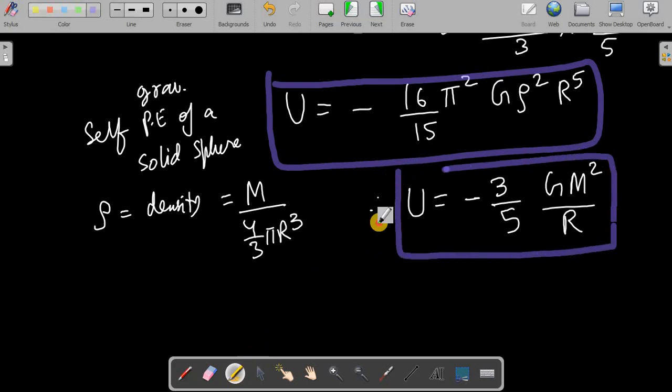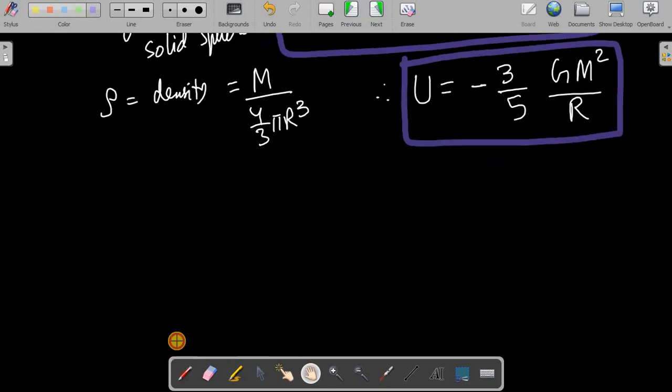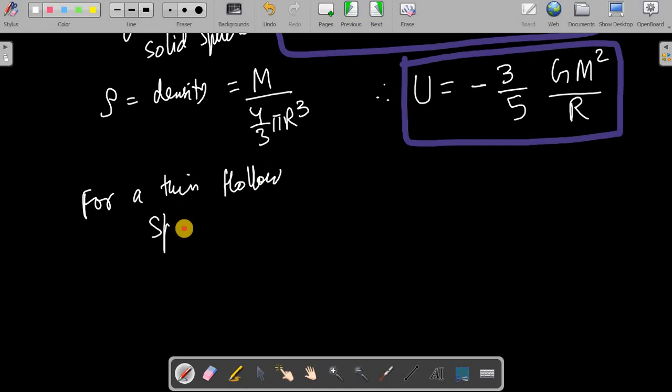In the same manner you can calculate for a hollow sphere, right? For a thin hollow sphere it can also be calculated, isn't it? That also you can derive using the same approach. Let me write the formula for that. For a thin hollow spherical shell,